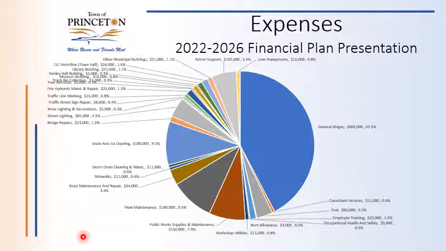I also noticed that one of the line items that are added are loan repayments. So for the capital works, the vehicles that Public Works are planning to replace, the 5-year expenditure will need to be repaid. That's part of that, and if there are any, well, that's what occurred under water and sewer, so that will be covered for the capital replacement if it comes to bear and doesn't come under the insurance portion.